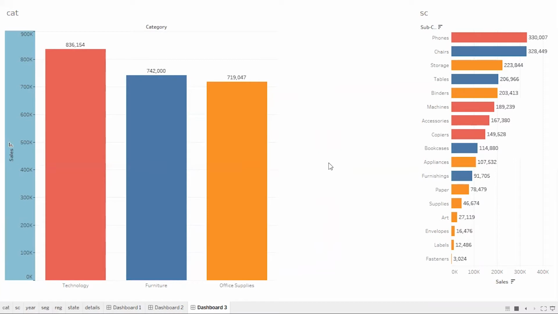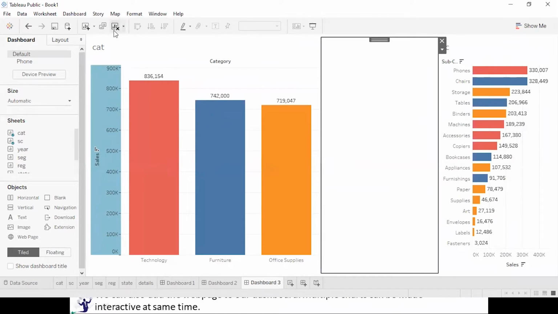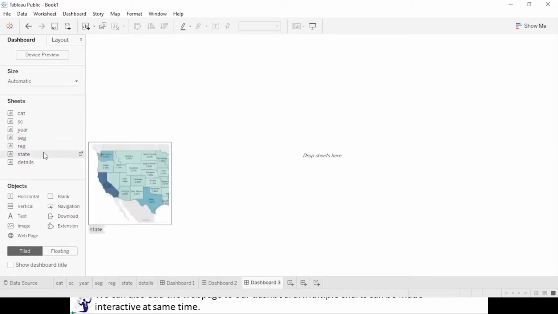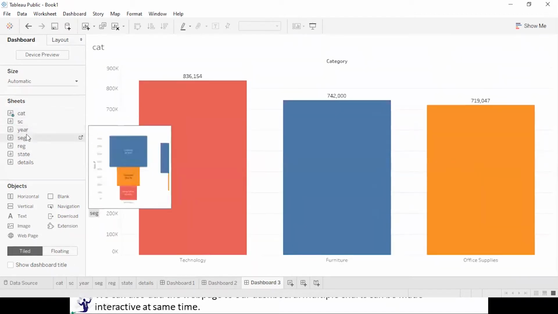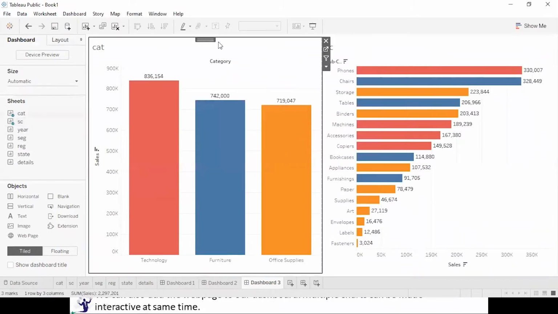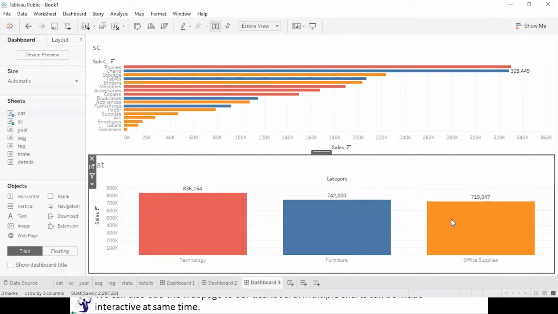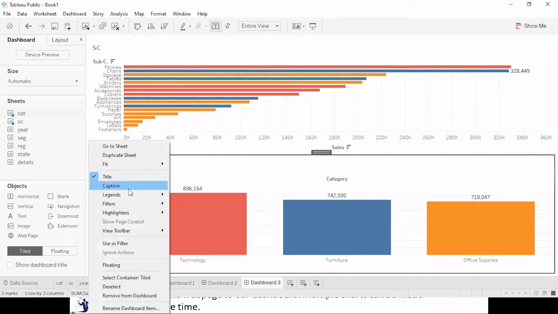Right, so we have created a blank object over here. Okay, so this was the blank object. Let me clear it all. Now let's take one more example. Let me take the category sales, and let me take the subcategory sales. Let me try to put the category over here. Here it is, and I would like to take a filter over here.